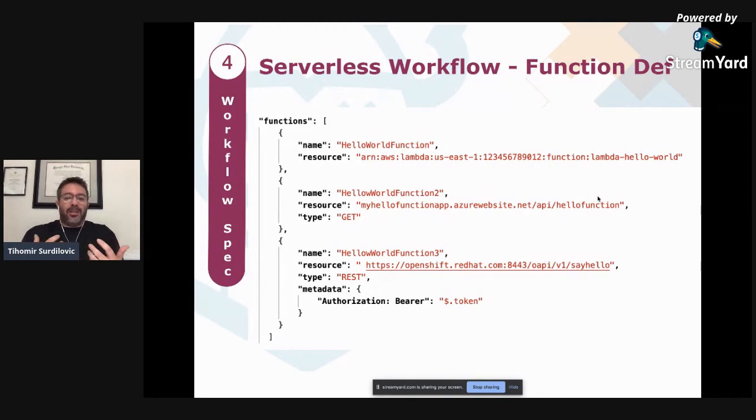So we can define, for example, this is our definition to run a Lambda on AWS, or we can actually define a custom type of GET, which then we can use a REST API to contact this service or invoke this function and things like that. So you can really define your own and be able to execute anything you might want.